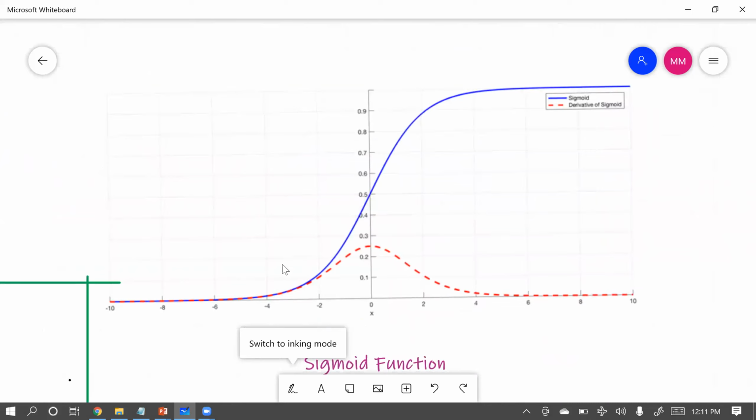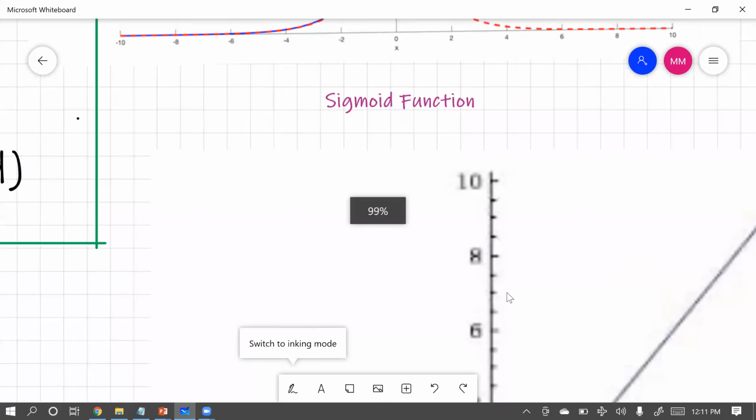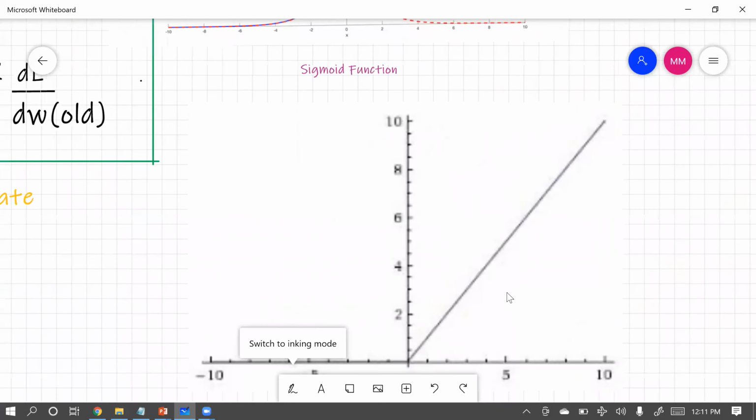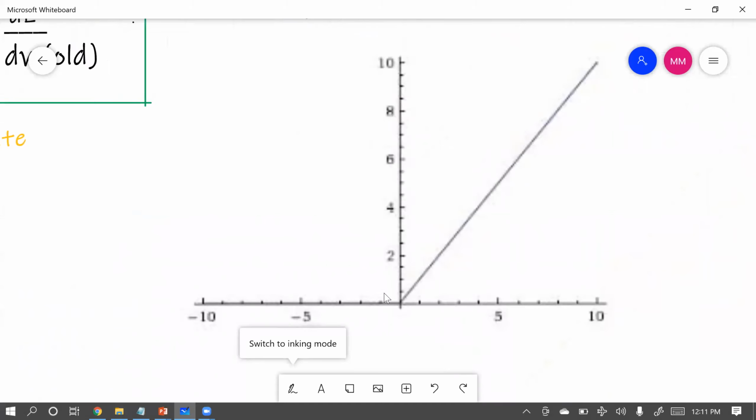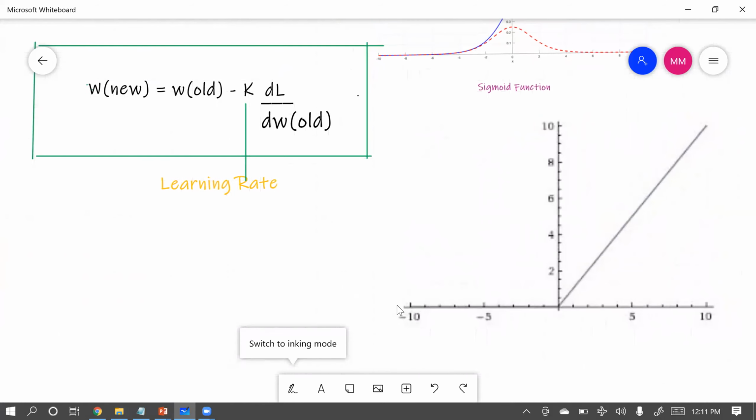In the sigmoid function we saw that at some point the slope is meeting a zero value, which is creating a vanishing gradient problem. To overcome this, we came up with a new activation function, which is ReLU. In the ReLU activation function, as I told you before, if our value is 0, it will be lying in the 0th position itself. Just consider our value is 0. Now we'll start writing it over here.